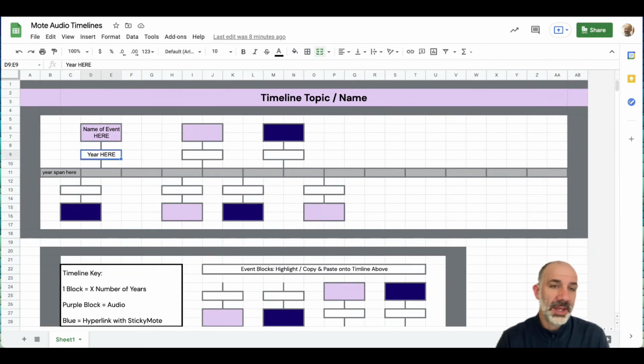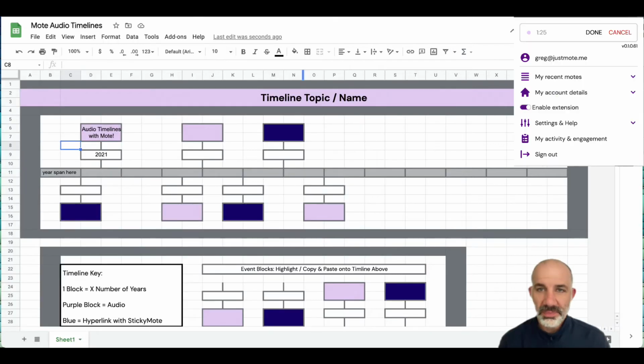So if we had the year here, and we'll put the year 2021 in the event. I'll rename this. I'll call this Audio Timelines with Mote. So that's the event that we have. Now I want to record my voice to explain the significance of that event. We'll do that by tapping on the Mote extension in the top right corner of our Chrome browser and then just begin recording. So in early June of 2021, the idea was created to create audio timelines with Mote in